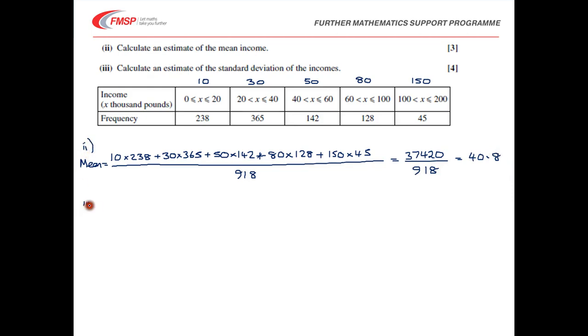Then for part 3, the standard deviation is, well, actually I'm not going to work that out on this line. I'm going to do my squared sum first. So 10 squared times 238, I'm going to do this as a separate calculation, plus 30 squared times 365, plus 50 squared times 142, plus 80 squared times 128, plus 150 squared times 45. And that comes out to be